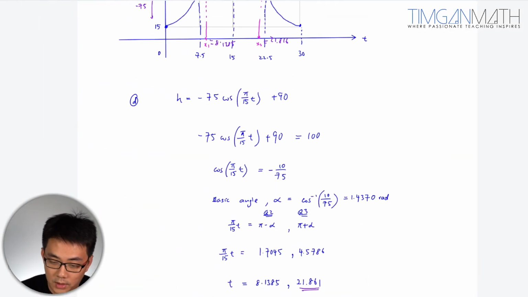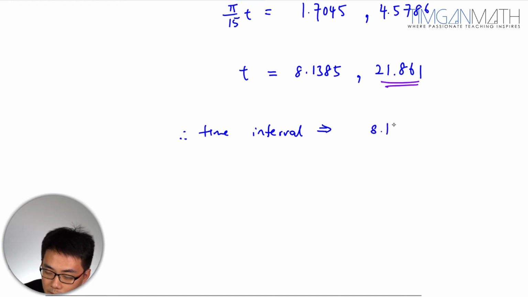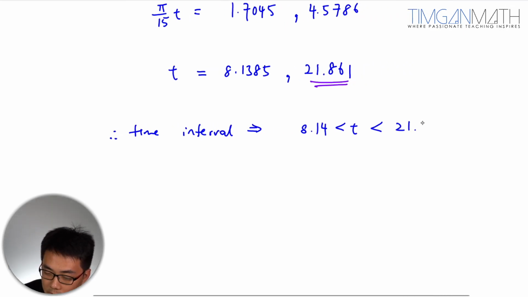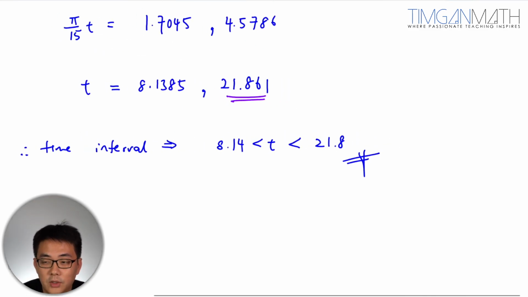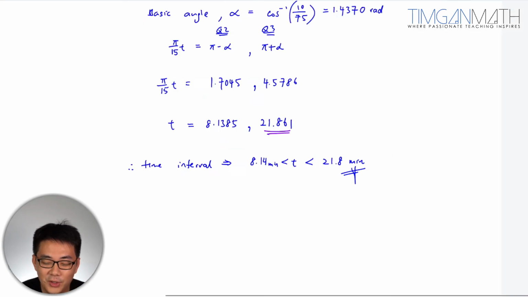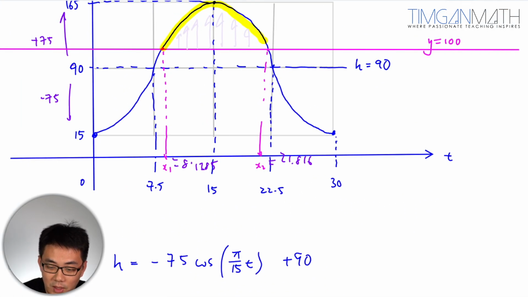Okay, then what we need is actually just to write it nicely. So hence the time interval is actually 8.14 between 21.8. You don't need to round up because here you just round down. It will be a range of values. It's not so strict. It depends on how strict your teacher wants it to be, but this is generally okay. So you want the interval to be between here